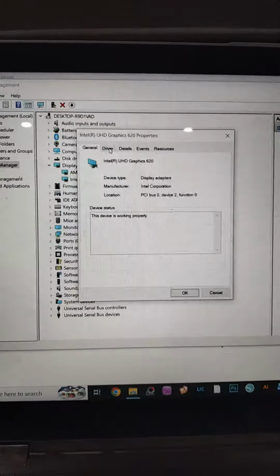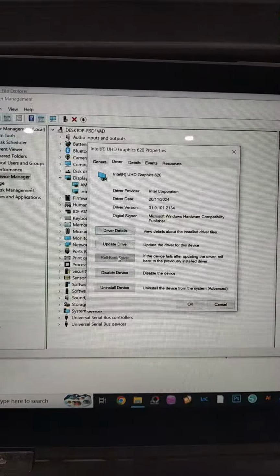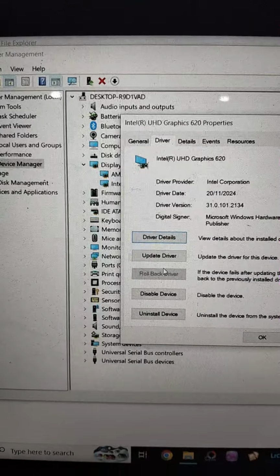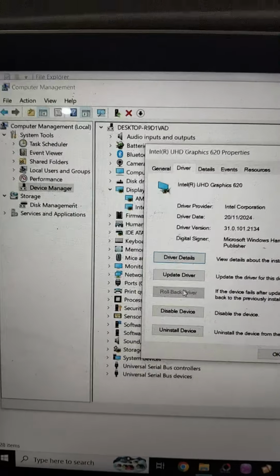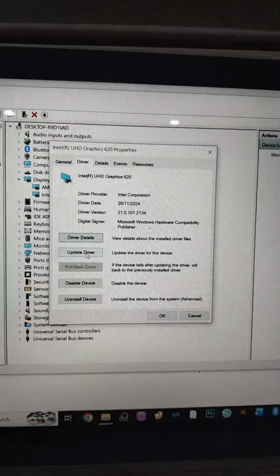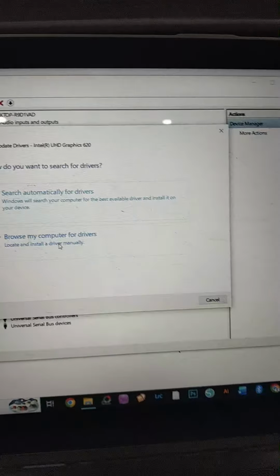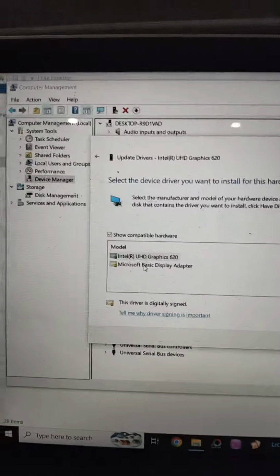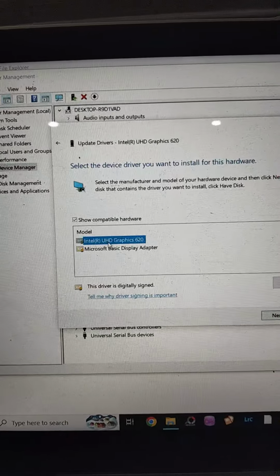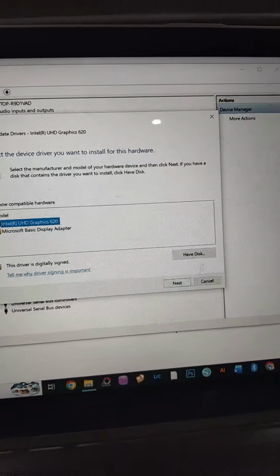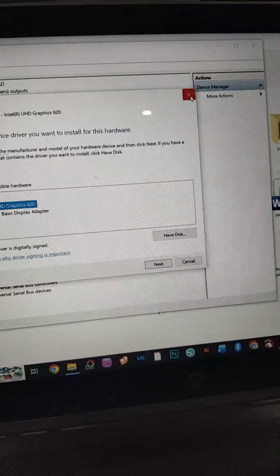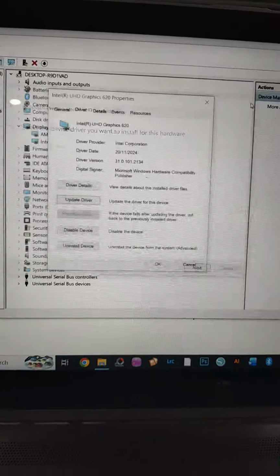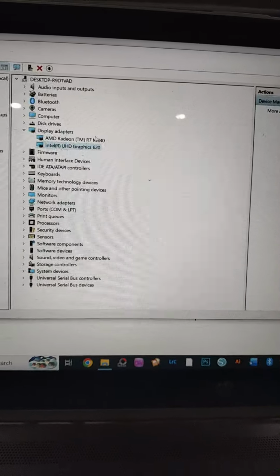Then go to Driver, and if the Roll Back Driver button is not grayed out, just click it. If not, go to Update Driver, then Browse, then Let me pick, then click Intel UHD Graphics. Then click Next.